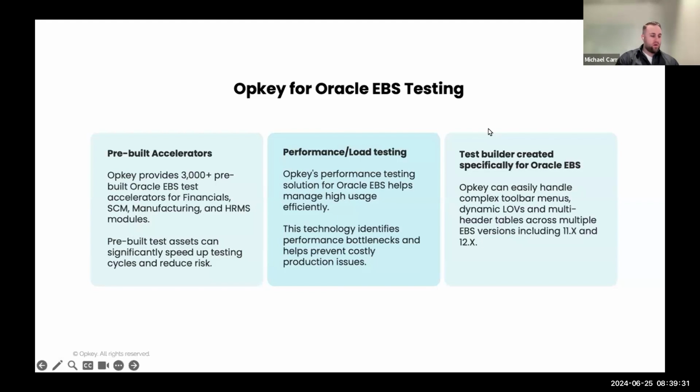So I know we are about 40 minutes in here, so I'm going to take a break. I'm going to pass it off to Vishwa and let him jump into the demo.